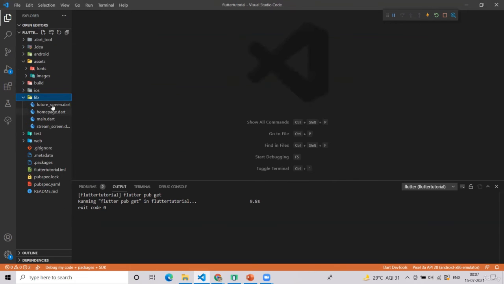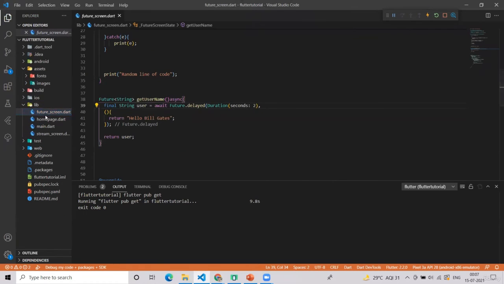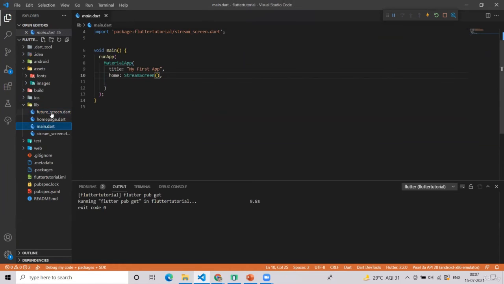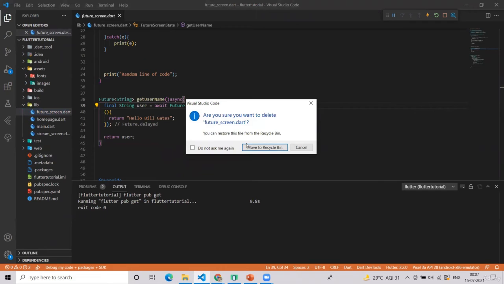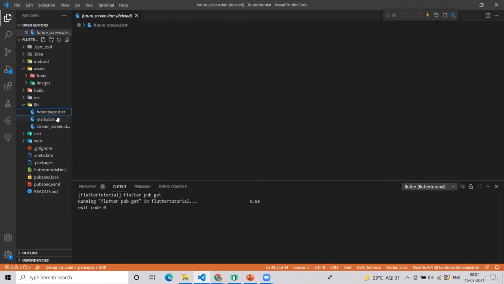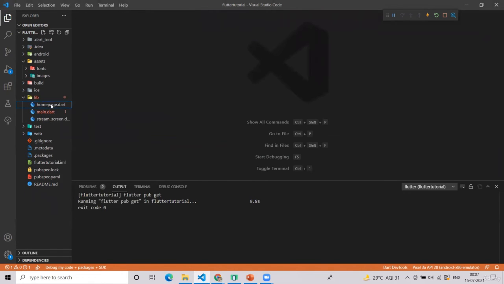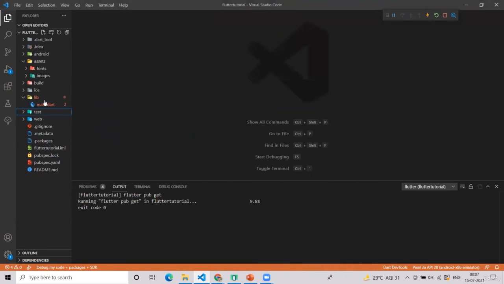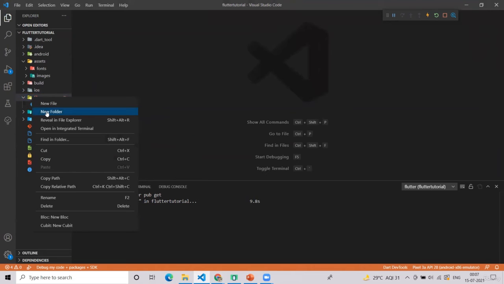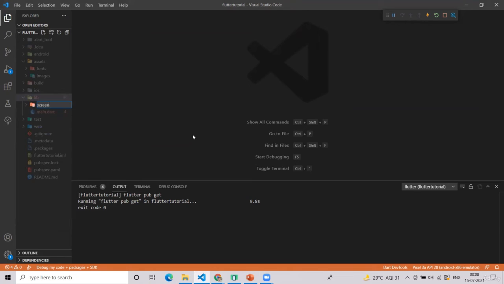The next thing I will be doing is removing the previous files. And now in the lib folder, I will create new folders.